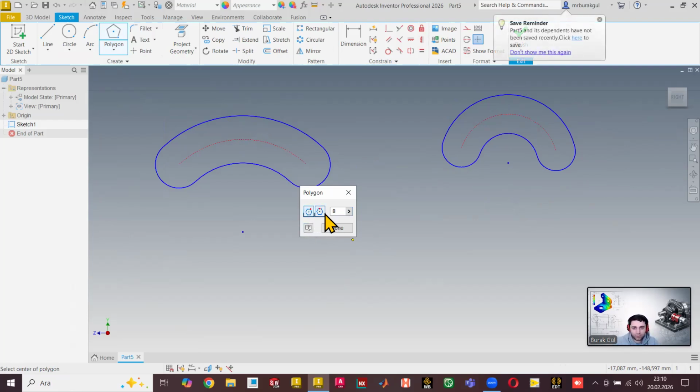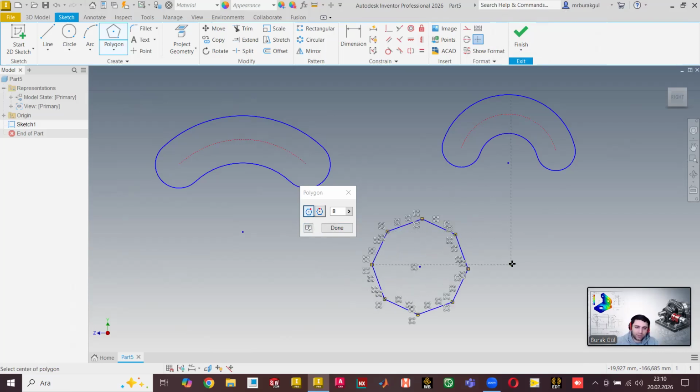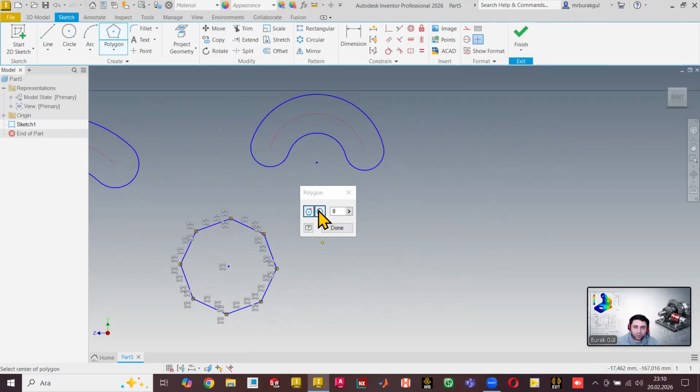You see here two icons. One is creating polygons with the corner point. The other one is with the edges. So the first option is with the corner point. I am choosing a center point and clicking on a corner. Then I create a polygon, or I can choose the second option,